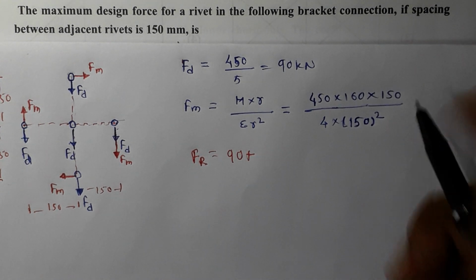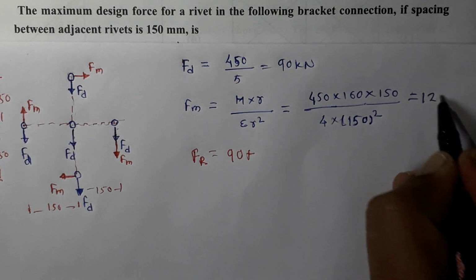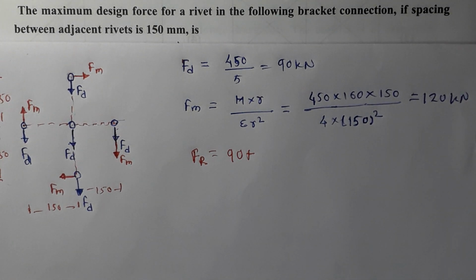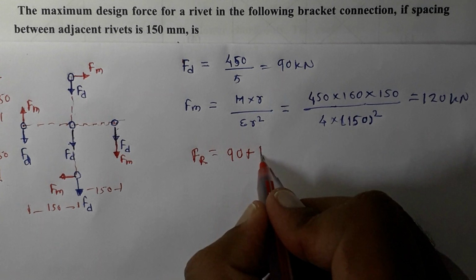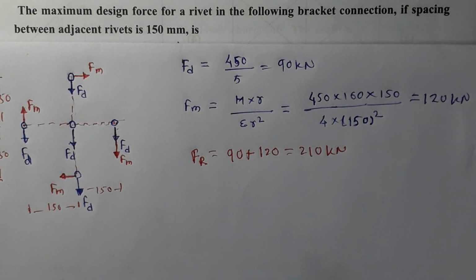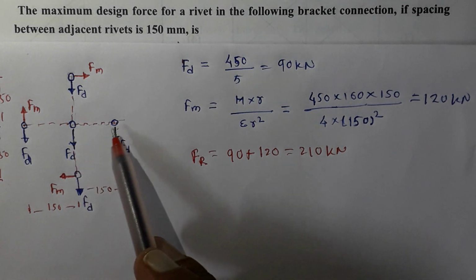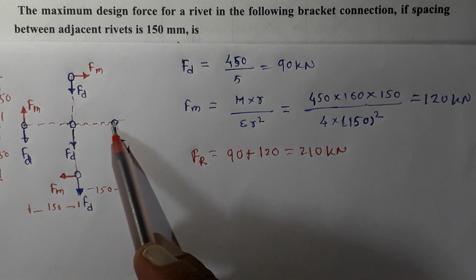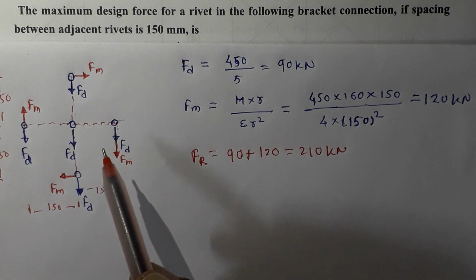If we work out this value, it will work out to be 120 kilonewton. So 90 plus 120 is equal to 210 kilonewton. So the rivet on the extreme right side, that is this rivet, is subjected to the maximum value of shear force,